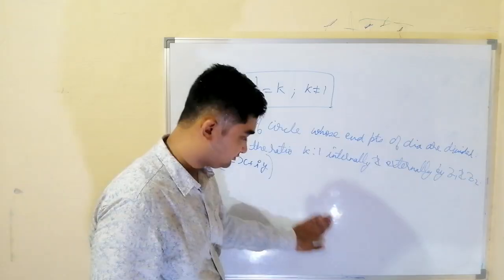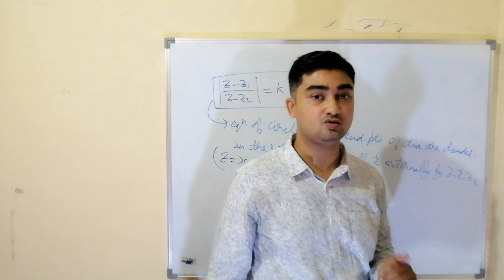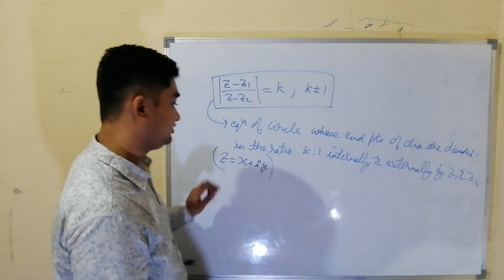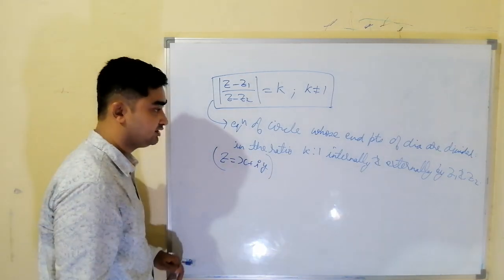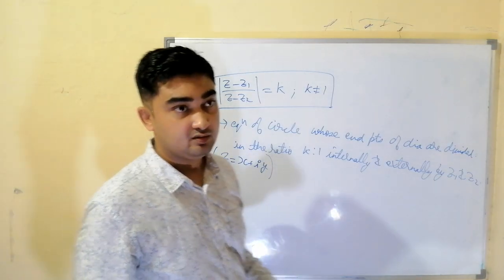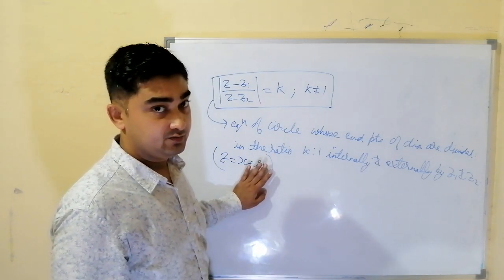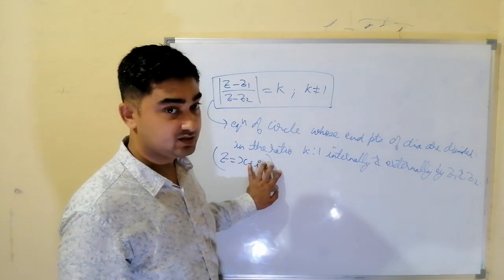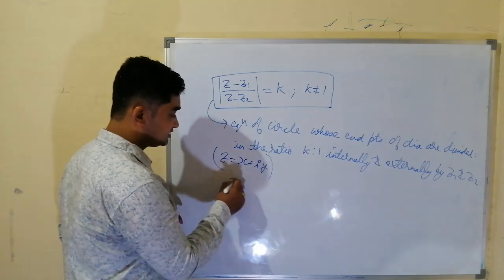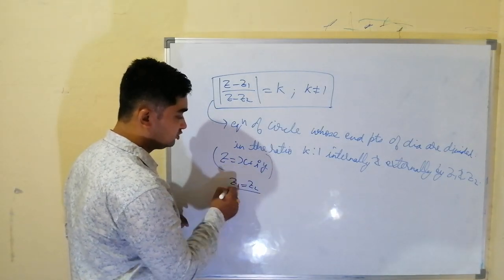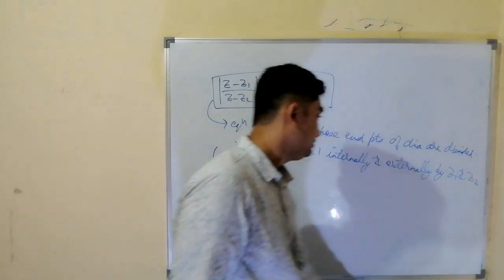So whenever you are not able to understand what the equation is in complex form, everywhere we can put z equal to x plus iota y, convert it to coordinates, and then we can very easily see the equation in coordinate form. While doing this, we have to use that whenever we are equating two complex numbers, both are equal means real part should be equal to real part and imaginary part should be equal to imaginary part.